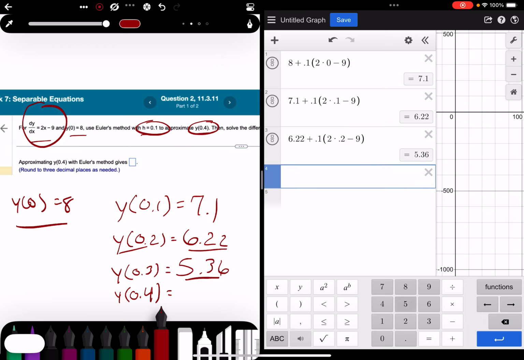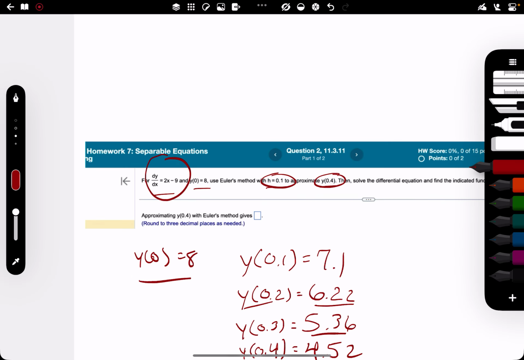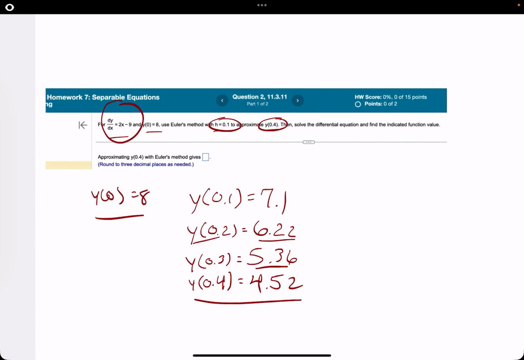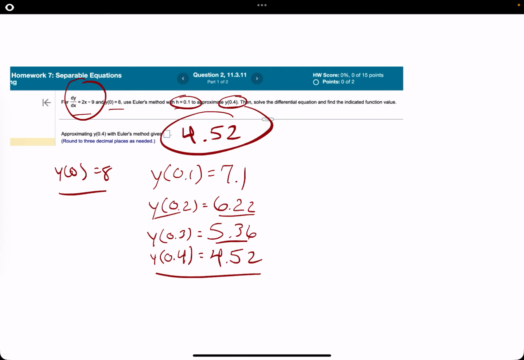And then we got one more. We got 5.36 plus 0.1 times 2 times the previous x value, which was 0.3, minus 9. And we get 4.52. And that should be the approximation using Euler's method of y of 0.4. Okay, let's keep it going. See if we can do even